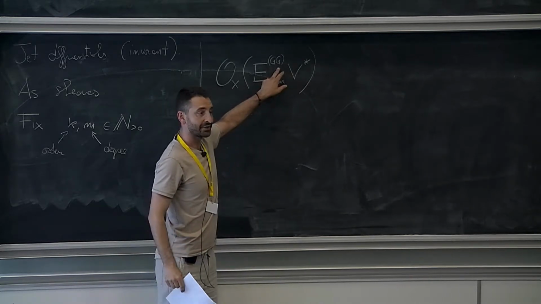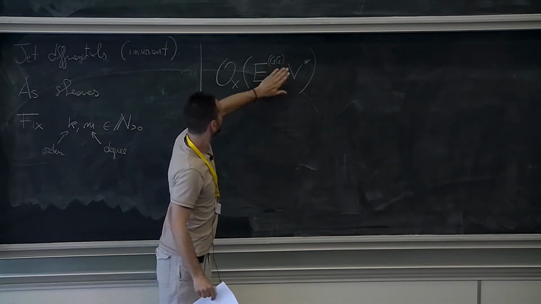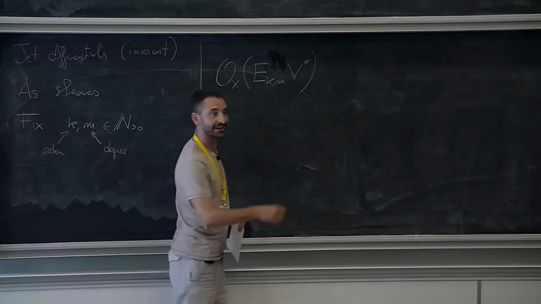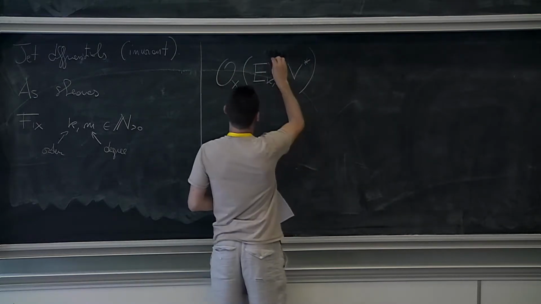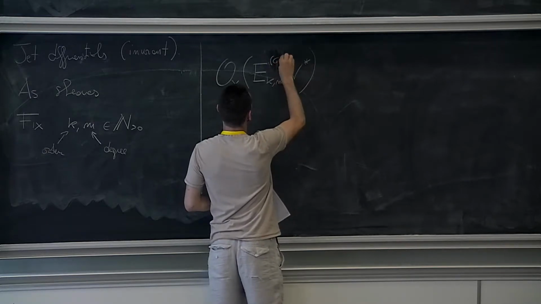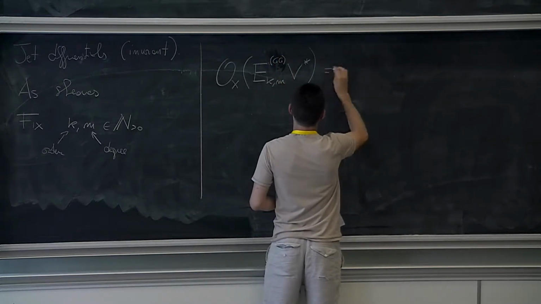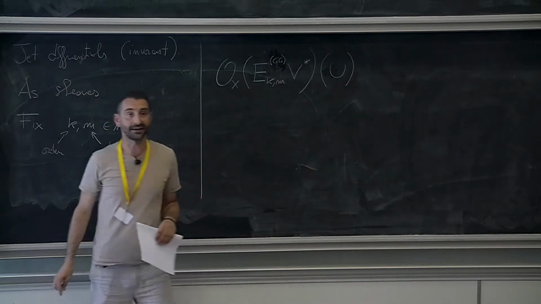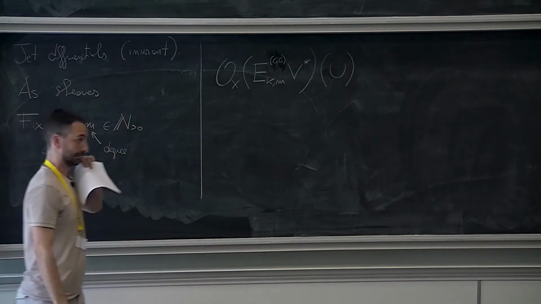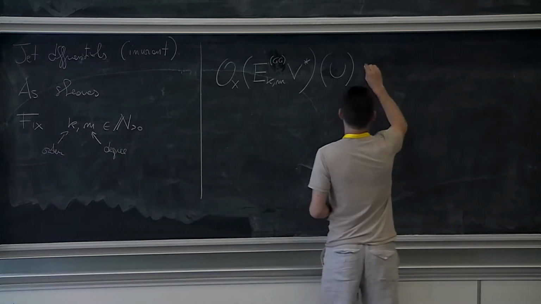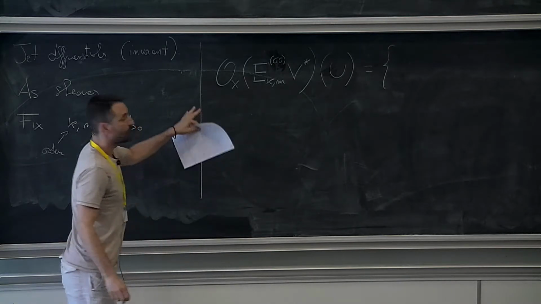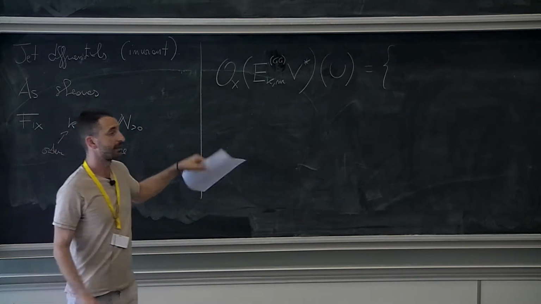GG stands for Green and Griffiths, but I'm also going to construct a sheaf like this without GG, so I put GG in parentheses. I'm going to describe this section over some small open set. These are the sections. At the end of the day, I want this to be some sheaf of